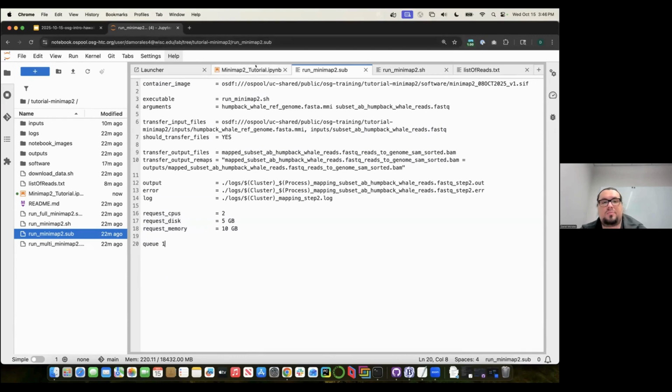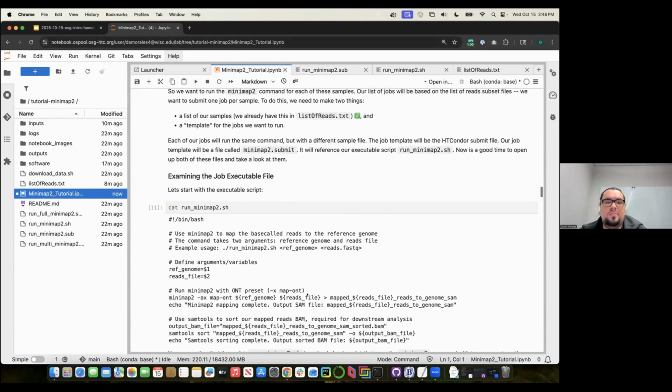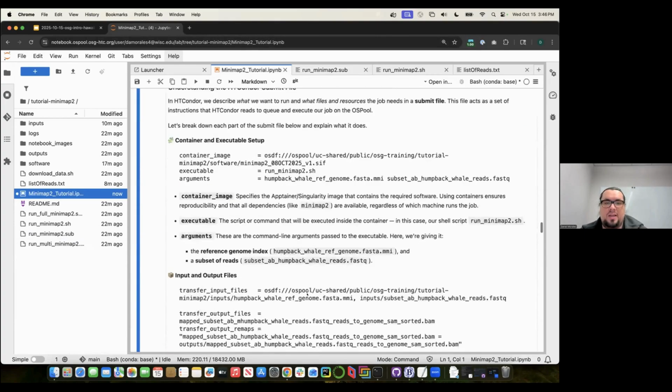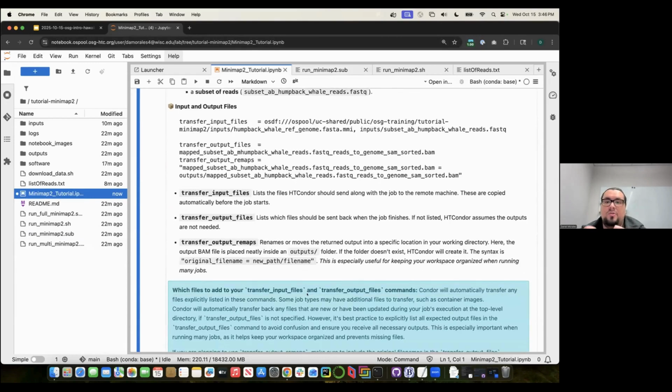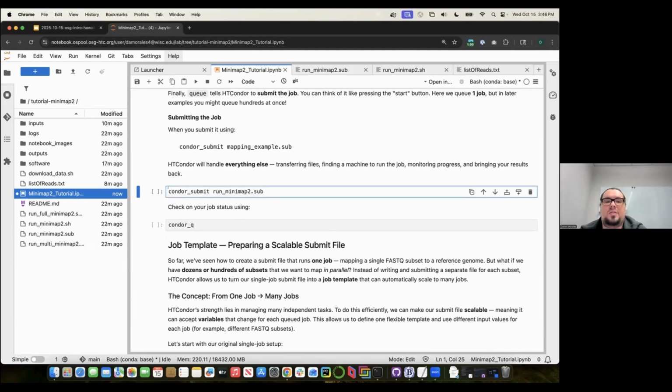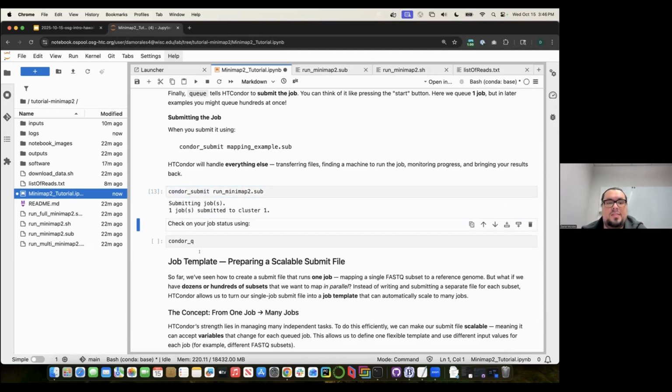And so in order to submit your job, it's fairly straightforward. So once we've written out that command, now as you're going through later, if you are more interested in understanding what each of these options are, we have a little bit more in-depth verbiage here of how it's working. But if you come down here, you'll see this condor underscore submit option. And that's the condor command to actually submit your job. And so if we go ahead and run that cell, you see it says we're submitting one job with the